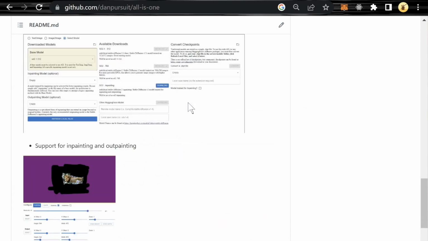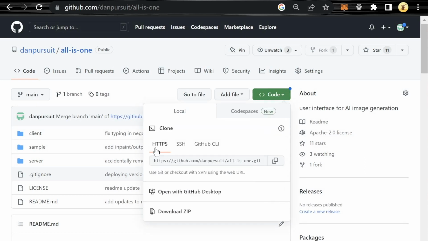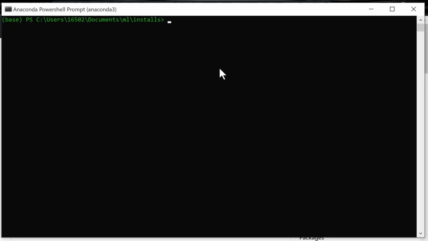The way to do that is, once you're on this page, click on this green button here that says Code, then HTTPS, and click the copy button next to this link here. Copy, boom. And then you're going to open your command prompt or terminal of choice,